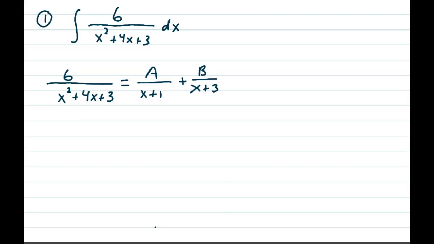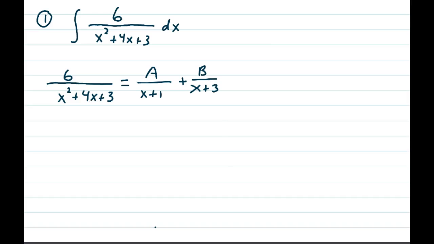Number 1, the integral of 6 over x squared plus 4x plus 3 dx. First thing you want to do when you see a fraction is look to see if you can factor the denominator. And in this case we can, into x plus 3 and x plus 1. So what we're trying to do is take this fraction, which we cannot integrate, and turn it into two smaller